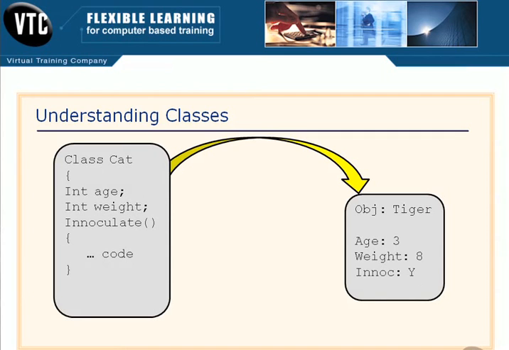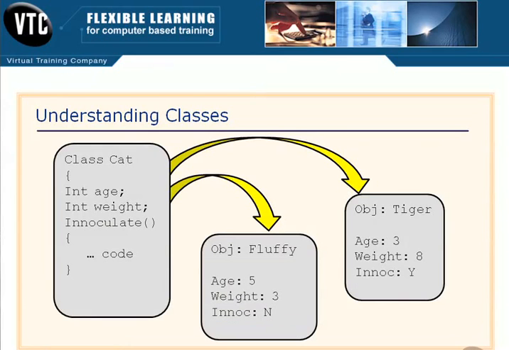Right now, at the same time that we have instantiated an object off of the class called Tiger, and it's alive out there in memory and functioning, we can also instantiate another one called Fluffy. And Fluffy, of course, refers to somebody else's cat. Fluffy, you'll notice here, based on the state of this object, the age has been set to 5, the weight is 3, and Fluffy is not inoculated. Now I'll show you why when we build our code example, and we'll do that in a